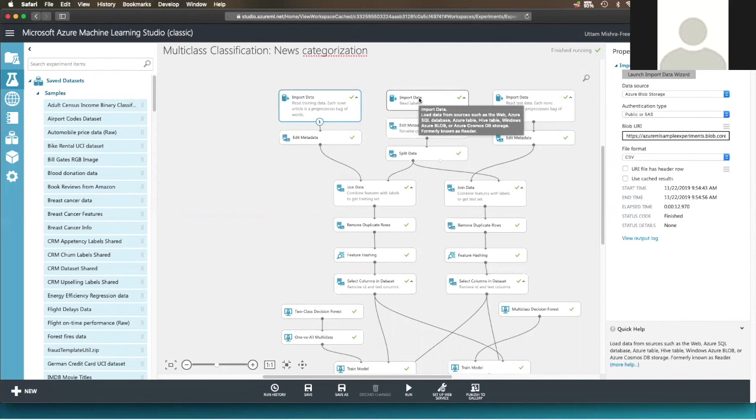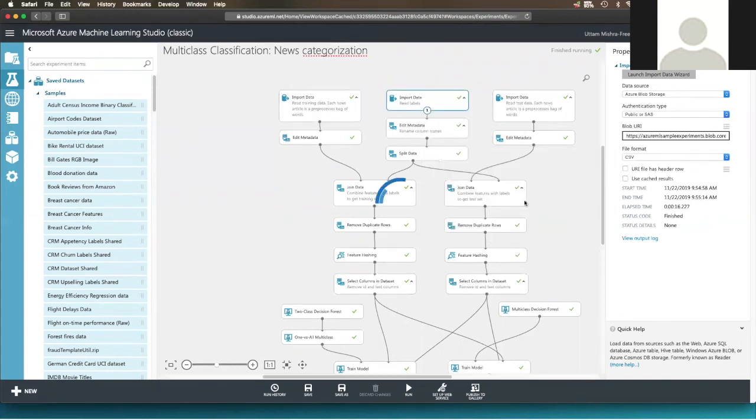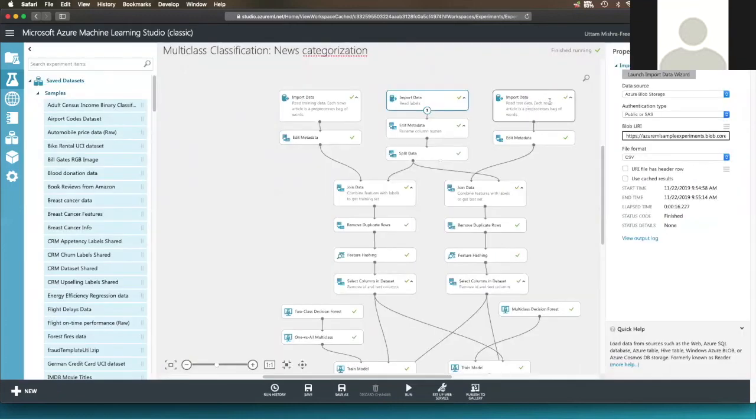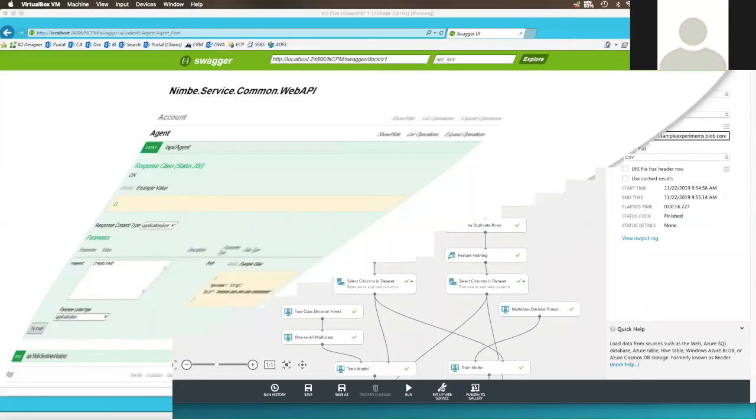Then it takes some labels. So what are the different types of news articles which are available in here? These are different categories, and there are some labels here. And then it takes some test data and uses these. And that's a good starting point. Obviously, you can spend a lot more time understanding and reading about those, but that's a good place to start.